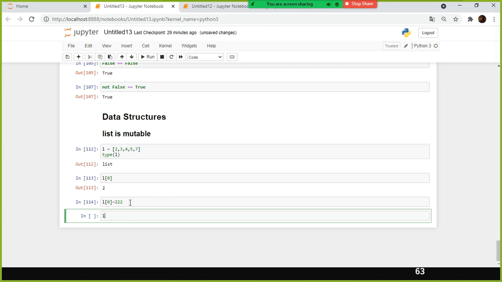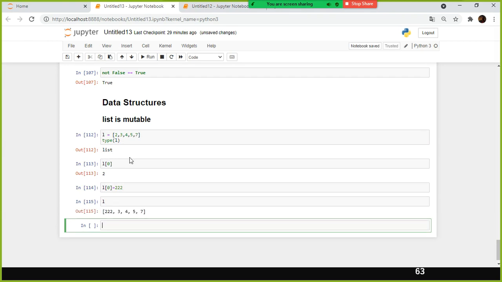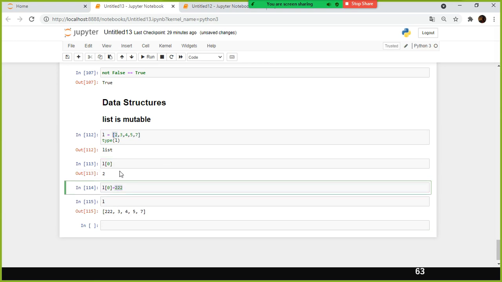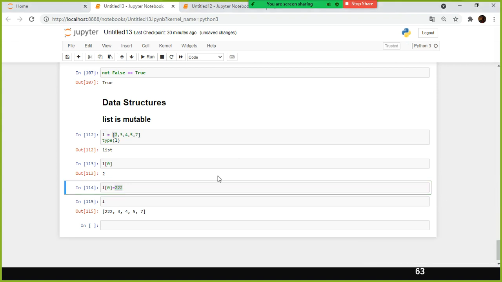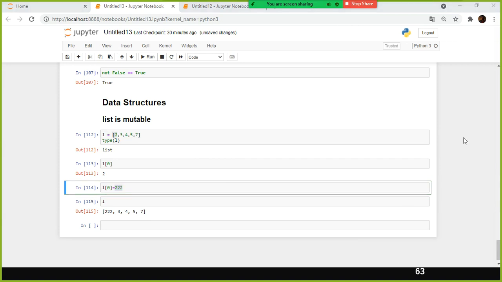Now if I look at L, instead of 2 you will find 222. The 2 got updated by the new value 222. But when I did the same thing with a string, it threw an error. That means a string you cannot modify because it is an immutable object, whereas a list is modifiable. Mutable means modifiable.